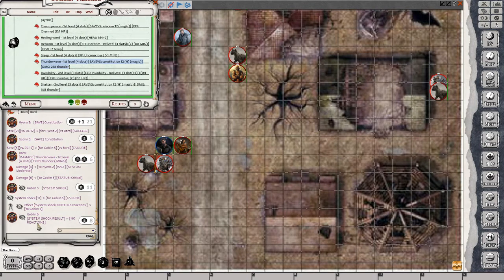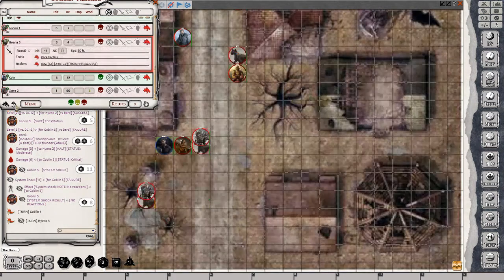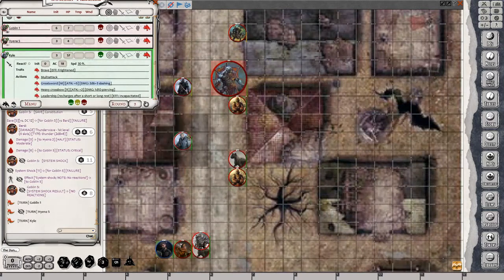All right, so they both go into system shock and are pushed 10 feet back from you, and that is her turn. And this goblin is just going to ride in the same as that goblin, but he doesn't get an attack. And so he's just over here by you guys. And then the hyena doesn't get a turn. Kyle is going to rush up to this